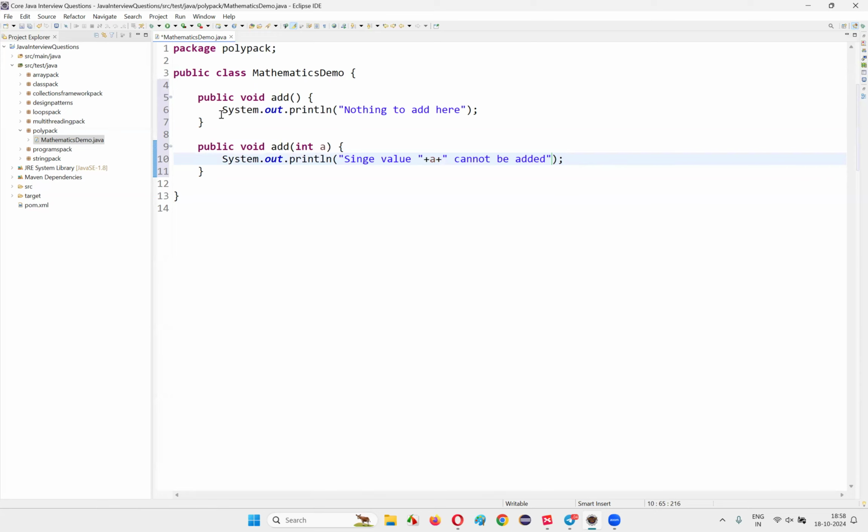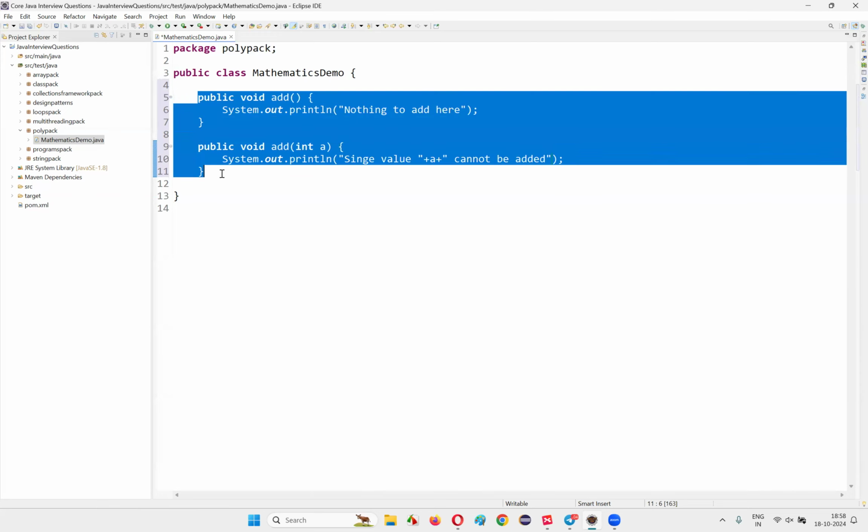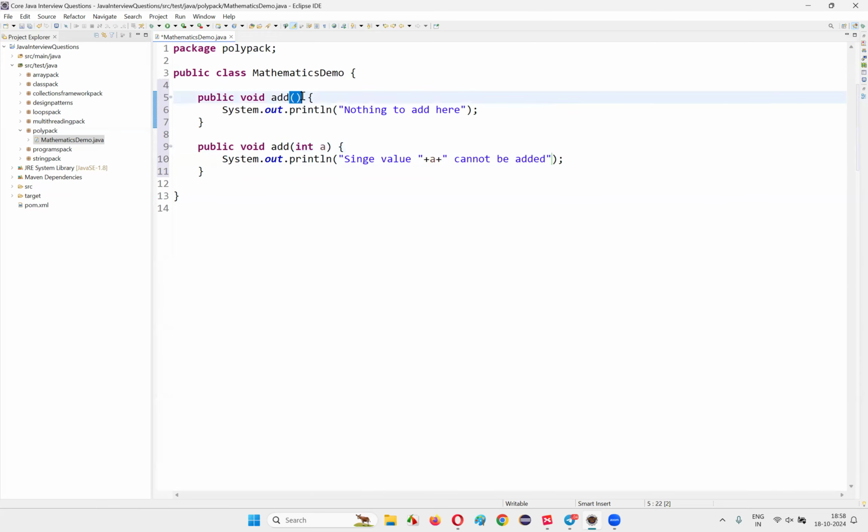I just printed that. You see, it's possible to create multiple methods having the same name, but here zero parameters are there, and here a single parameter is there, one parameter. Since the number of parameters is different, this method is considered different from this method. Now I'll create one more method, that is public void